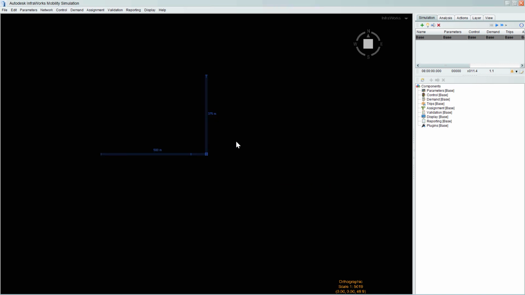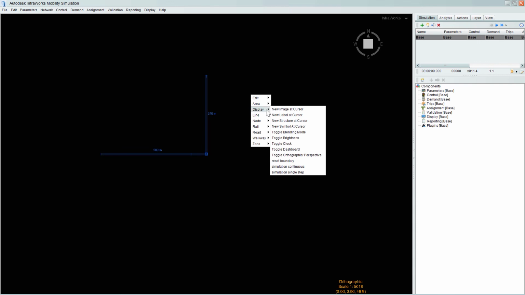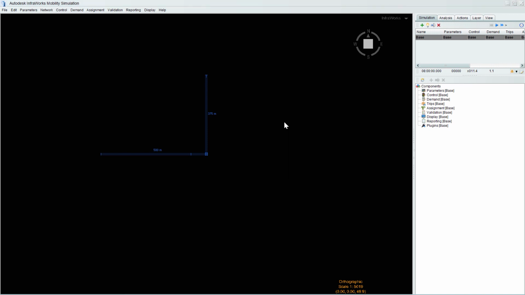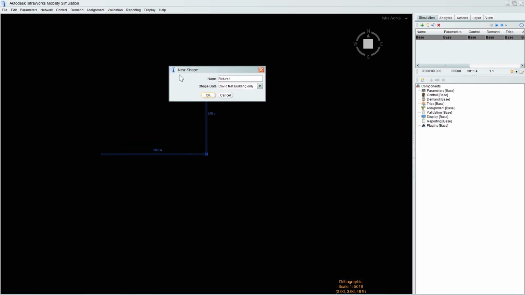So that's almost entirely the same as what we did when we brought in that flat drawing. And the process of inserting is the same as well. So if I just right click, display, and instead of choosing new image like we did before, I'm going to choose new structure at cursor. Okay, and then we get a similar box.